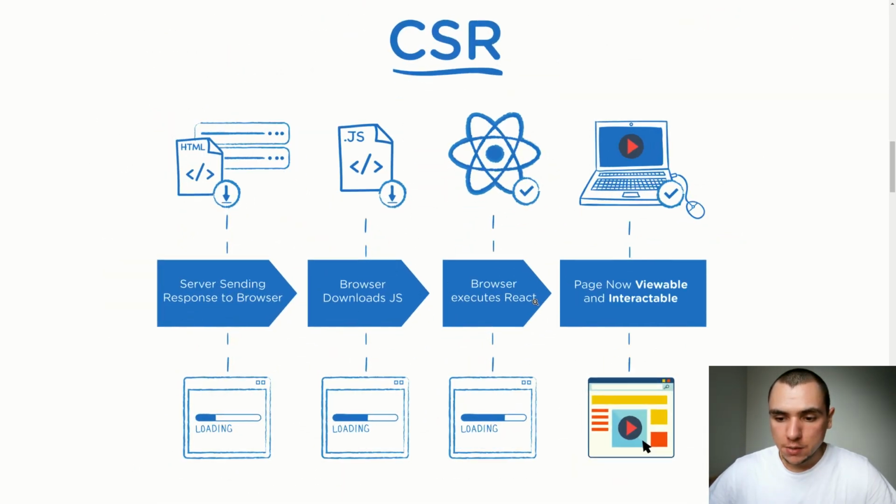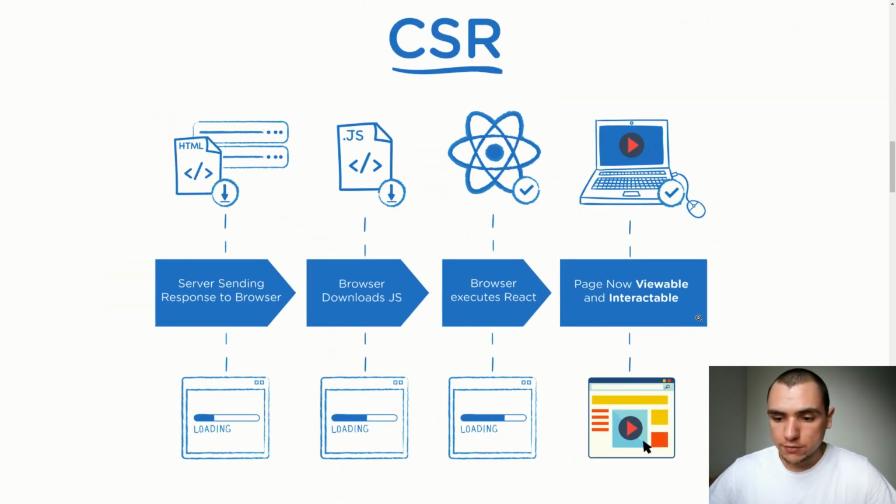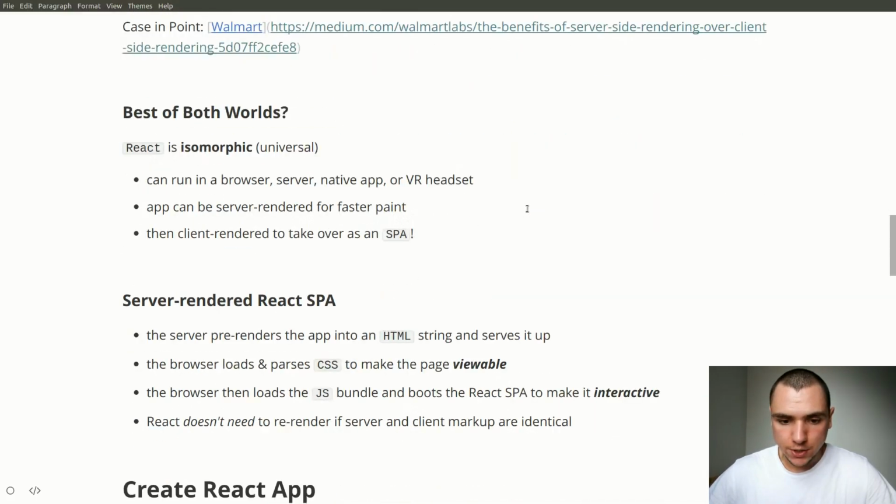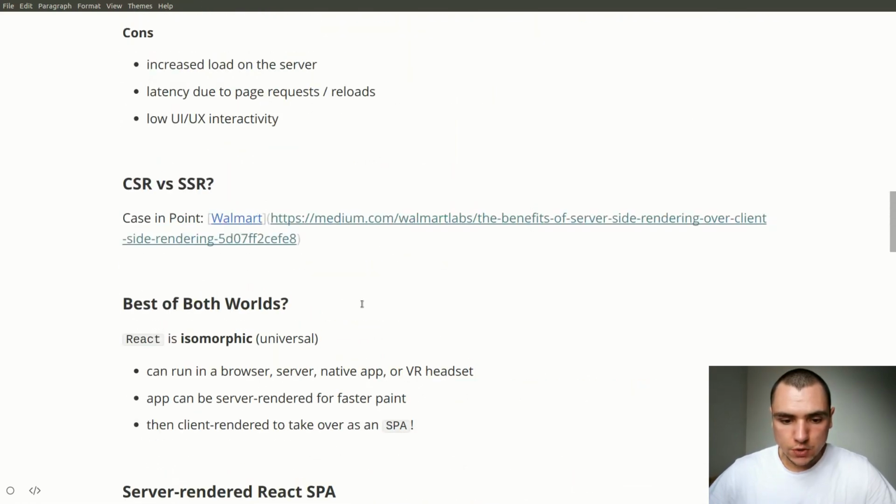But in the case of single page applications, we only get a viewable and interactable app in the last step. And that's why for the end user, the single page application will seem a little bit slower than a server-side rendered app. Now back in our presentation over here,